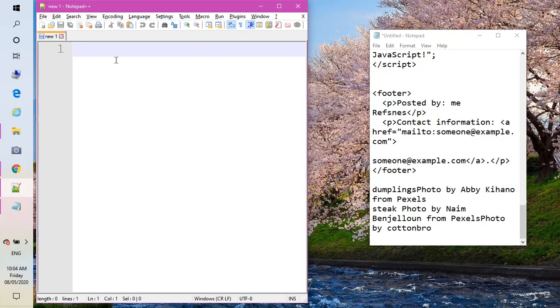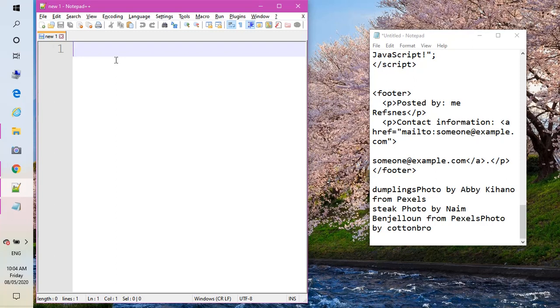But for now, we're going to focus on how to add and modify basic content on a web page, like text, images, and videos. So let's start off with